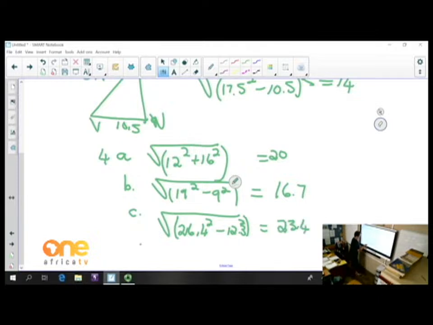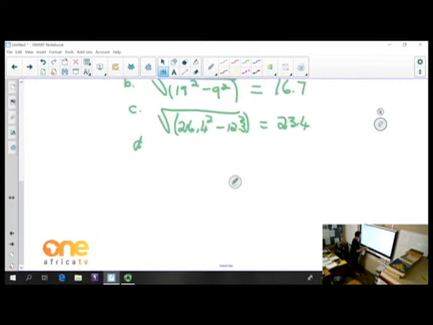And then the last one there, number D, and that one is again an addition one, so it's 11